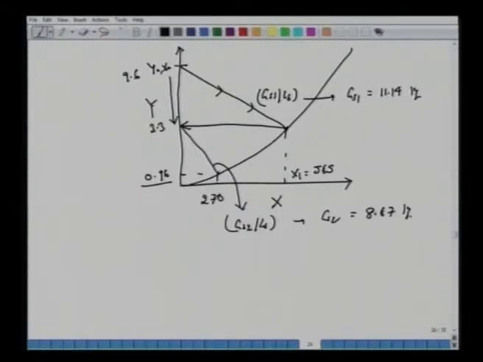Or look at from this, the slope of this curve is tan theta, this divided by this number. Okay, so GS1 over LS is nothing but this by this. From this also we can get GS1. And similarly for this, here we have 3.3, this is 0.96, so this segment divided by this segment is 2.72. From this also we can get GS2 over LS to obtain the same answer as before.